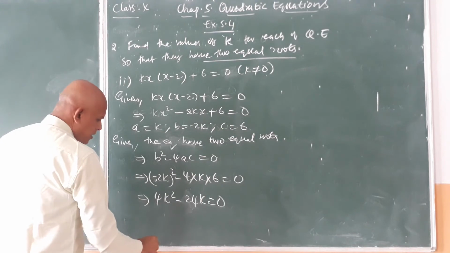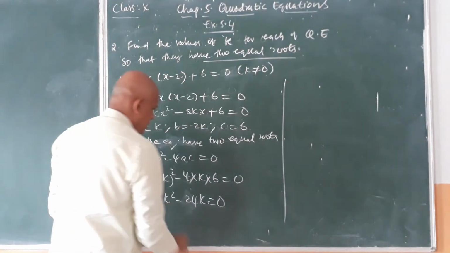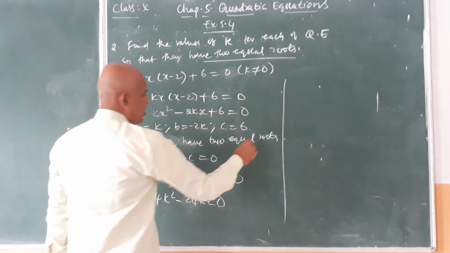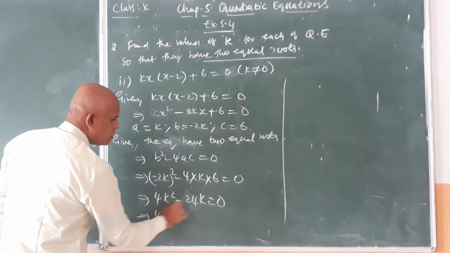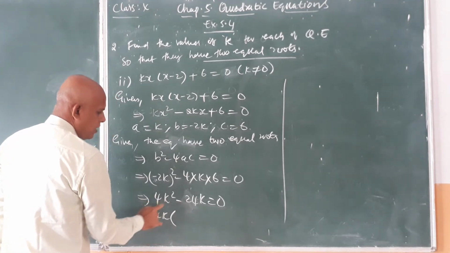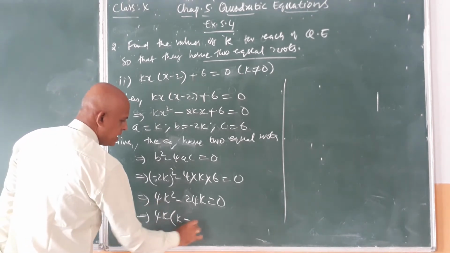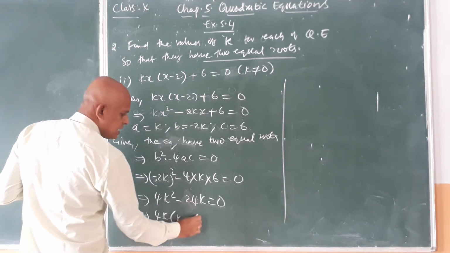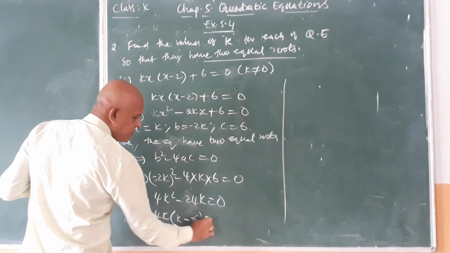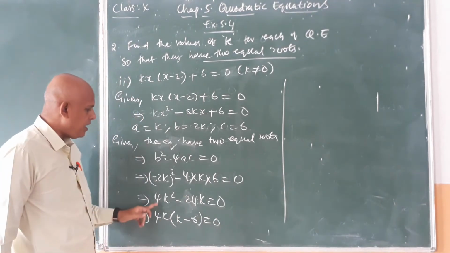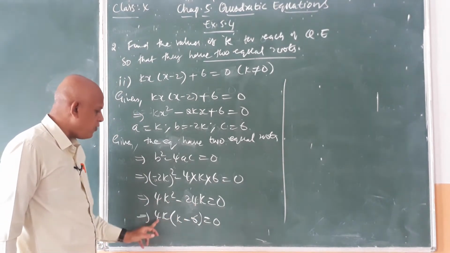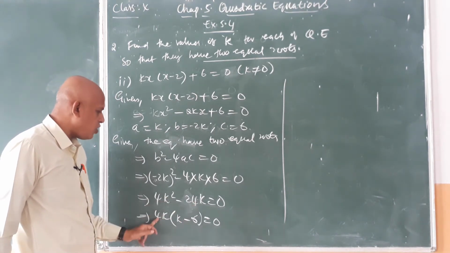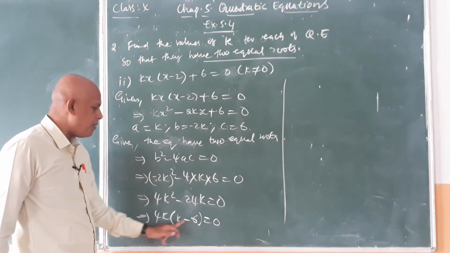So now, you can take k as common here. 4k we can take as common. So here one more step I write. 4k is common: 4 common and 1 k common. So k remains. 4 6 24, k already taken common, k minus 6 is equal to 0. I will repeat here. In 4k square and 24k, 4k is common. 4 common, k common, 1 k remains. 4 6 24, so 4 common, 6 remains. k already taken common, only 6 remains.